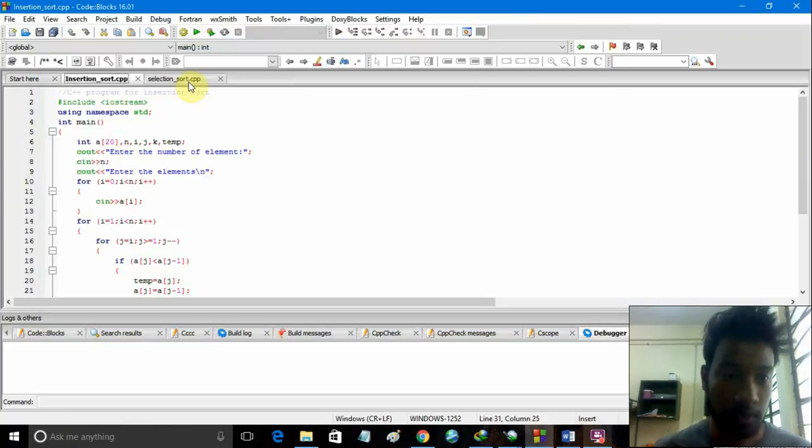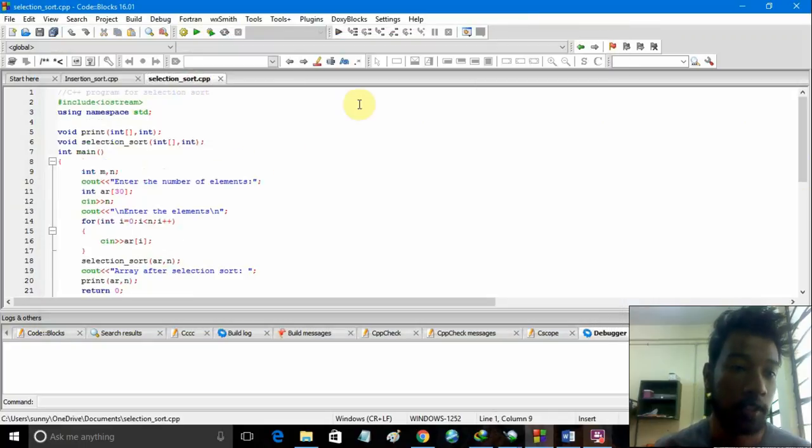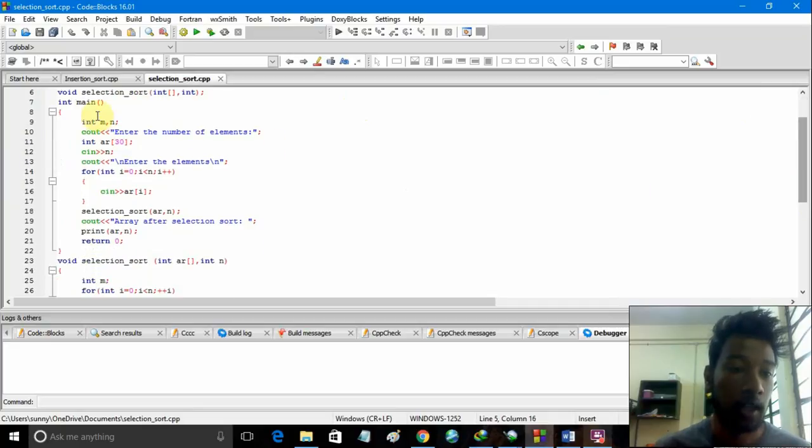Now I am going to tell you about a C++ program on selection sort. Here we can see I have declared two functions named print and selection sort, which have the arguments integer array and integer. Inside our main program I have declared two variables m and n of type integer, and after that I have displayed the output message "enter the number of elements", and also declared an array named AR